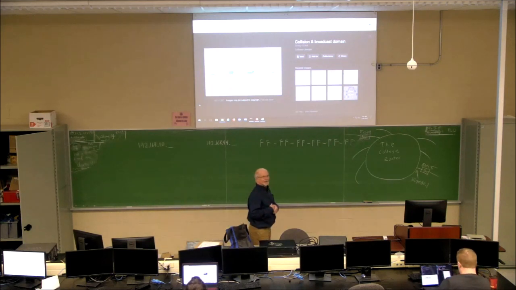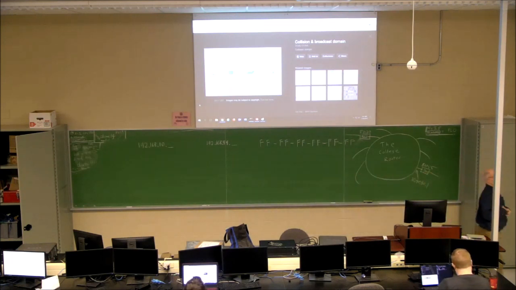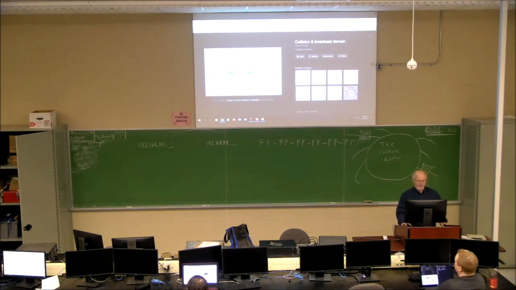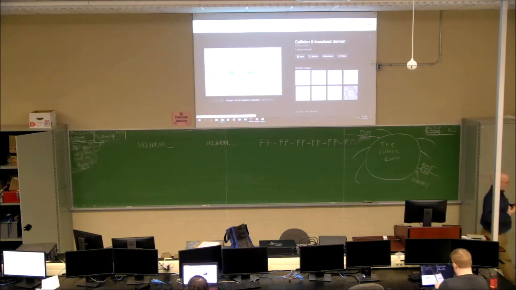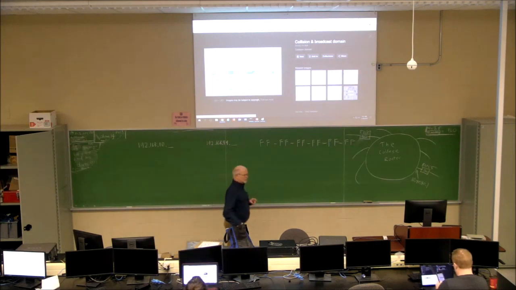How many broadcast domains are in that diagram, Tom? 3. 3 broadcast domains. 1 here, because the router stops the broadcasts. 1 here, and 1 big honkin' broadcast domain over here, because the router stops the broadcast. So I guess the term broadcast domain and subnet go hand in hand, right? We've got, in our network, we've got, actually I think